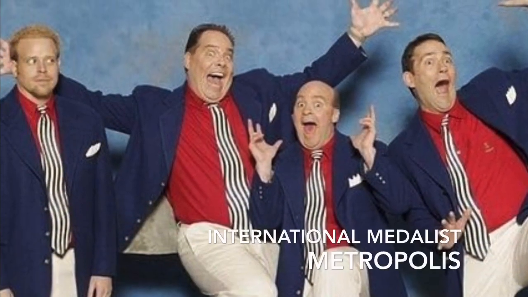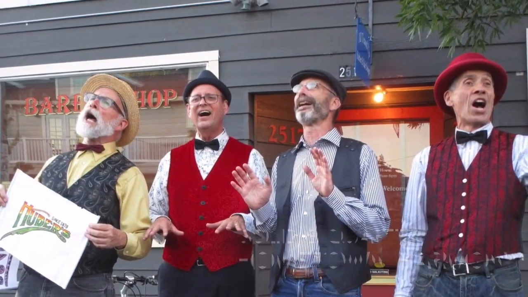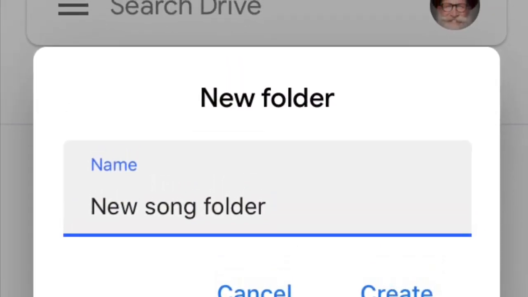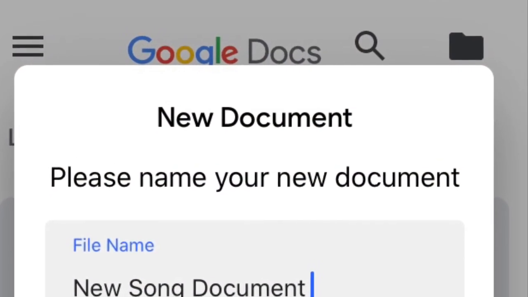Another great benefit of having a song trunk is that it can be a great resource for song ideas when you want to write or need to write a song. On several occasions, I've met with a chorus or quartet who wanted to commission a new song, and we've ended up browsing through my song trunk together, often finding a song idea that really resonated with them. So here's my basic process. I'll go into my song trunk and create a new folder with a working title of the song idea, something that gives me a sense of what the song is about, or in some cases not. Then I'll create a text document and capture everything about the idea that my brain has to offer.